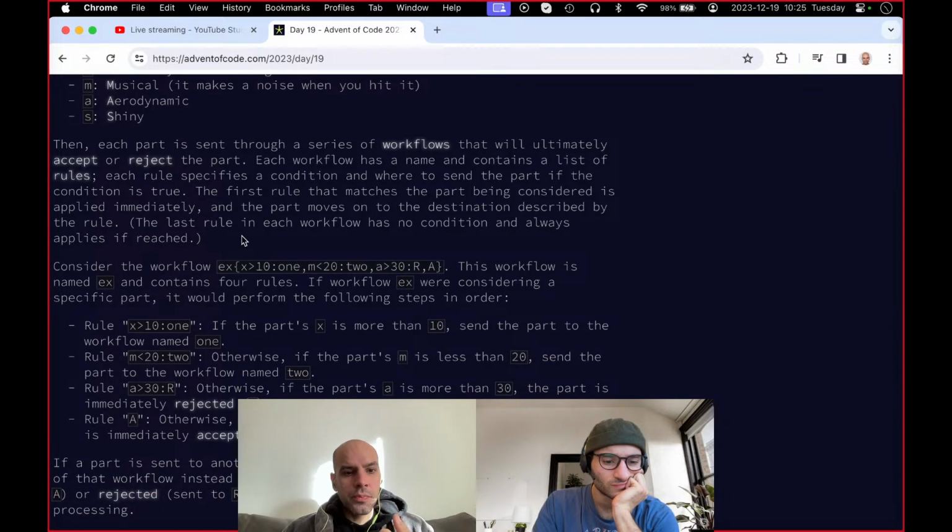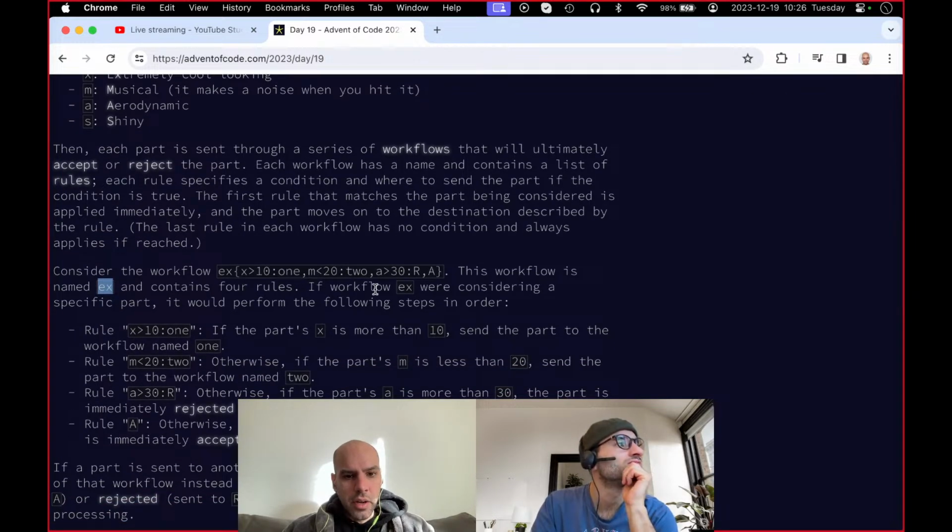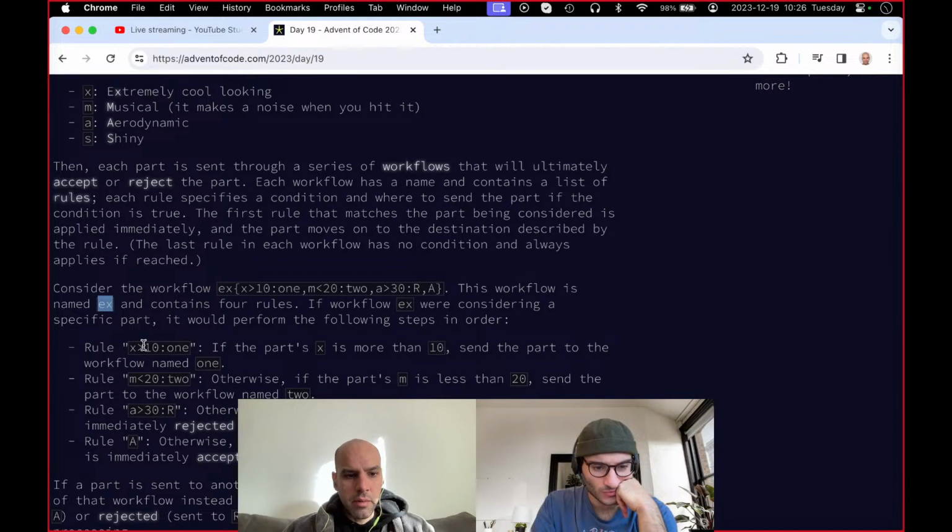Consider the workflow ex, open curly braces, x greater than 10, 1, or if m is less than 20, 2, and if a is greater than 30, R, otherwise A. This workflow is named ex and contains 4 rules. If workflow ex were considering a specific part, it would perform the following steps in order. So if x is more than 10, extremely cool looking,